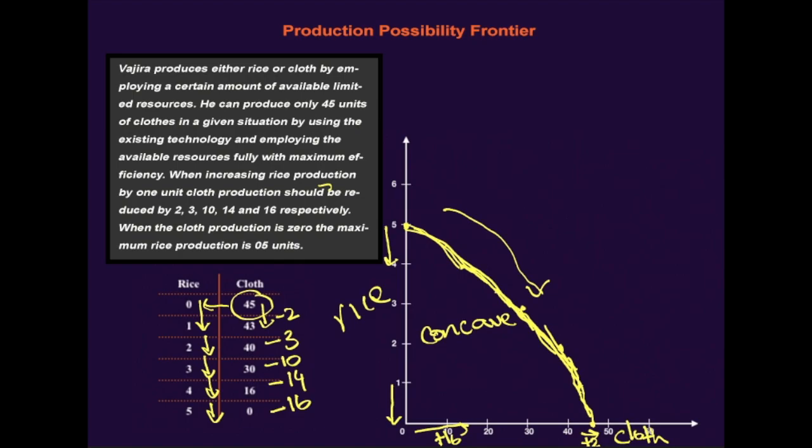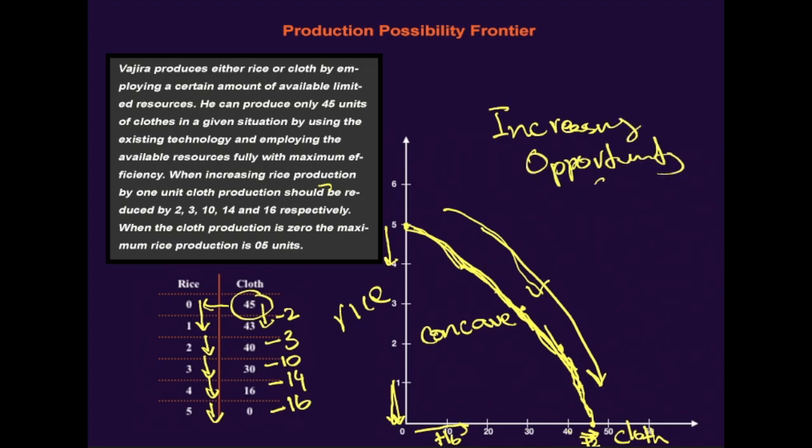However, as we move down the curve, to produce more and more clothes, the expert farmer also should be shifted to produce cloth, in which case we have to sacrifice more rice, also 1 unit of rice, just to produce 2 clothes. Hence, there is an increasing opportunity cost. Increasing opportunity cost. So the PPF curve in reality looks like this because resources are non-homogeneous,